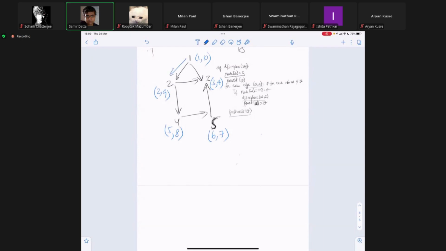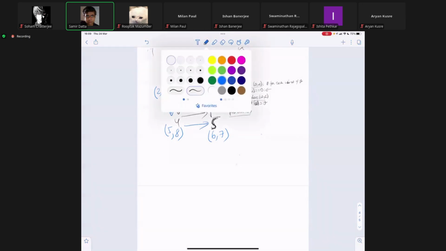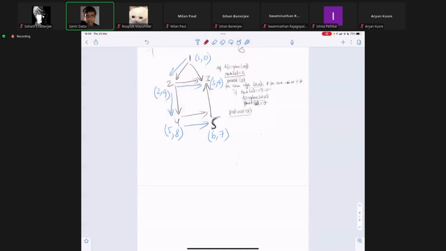So 3, 4. 3 to 4, there is no edge. 3 to 5. I mean 5 to 3. 5 to 3 is an edge. Yes. So this edge is a cross edge,